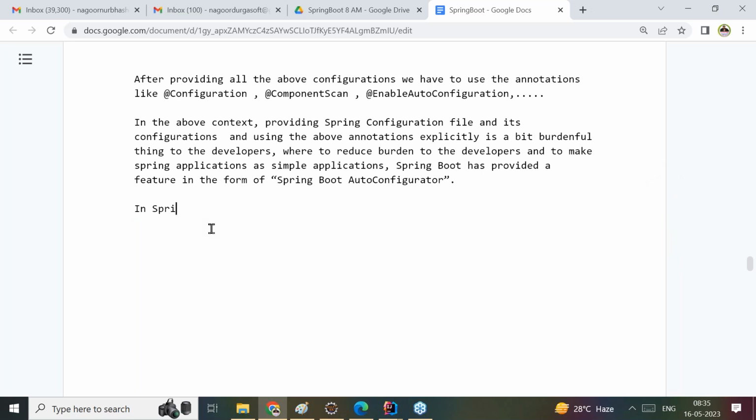In Spring Boot applications, when we add Spring Boot starter web dependency in the build file, that means in the pom.xml file,